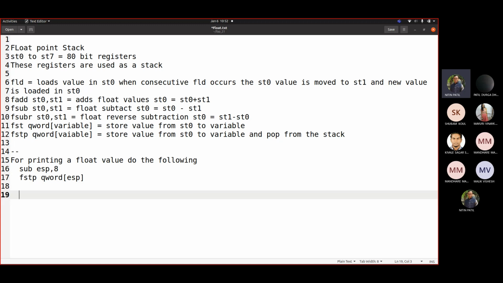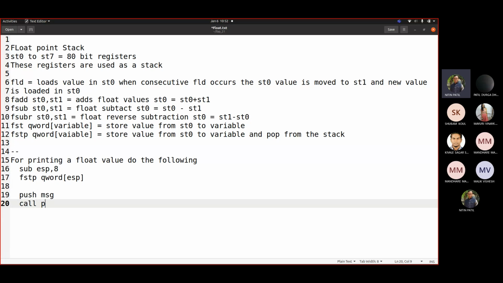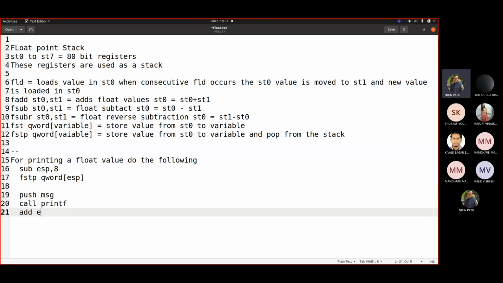Like your printf function would be: the message which you want to print, and then call printf, and add to ESP. So we used to write 8, correct: 4 for the message, 4 for the variable. So now the variable requires 8, so 8 plus 4. That's why we write 12. So if you have two float values, then 8 plus 8 plus 4 would be the value, so it would be 20.